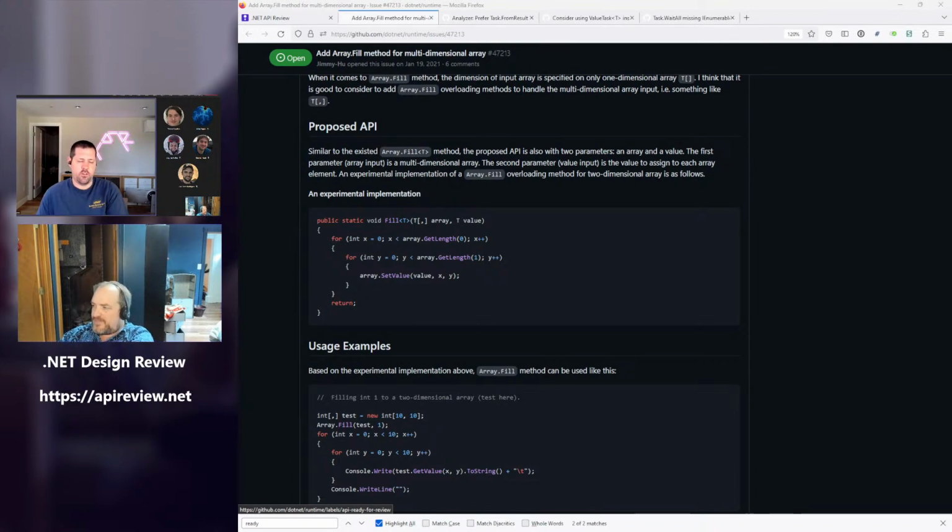If we just did the rank 2 overload, would that solve like 99% of the problems that people have? It'd solve a good bit, and it would solve the cases where it's done for image processing and stuff. It wouldn't solve the types of scenarios that people want to see for machine learning, AI, or higher kinded processing, where you may have 3, 4, or higher dimensional arrays, and where those may be common. And they're setting the values to something other than default of T. Mm-hmm. Because if you were just doing default of T, you'd use clear. Right.